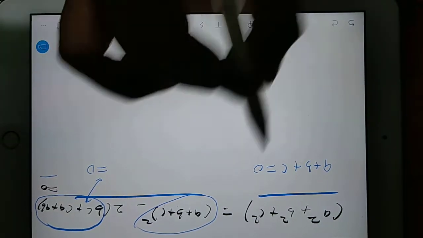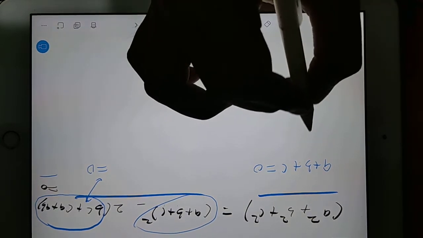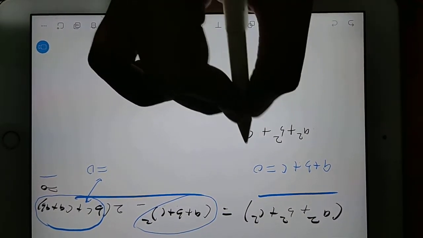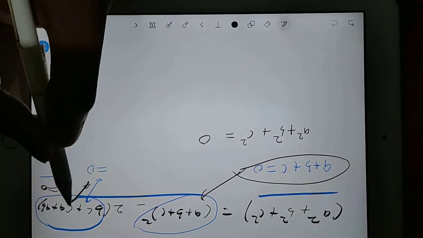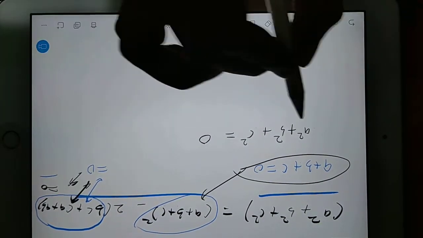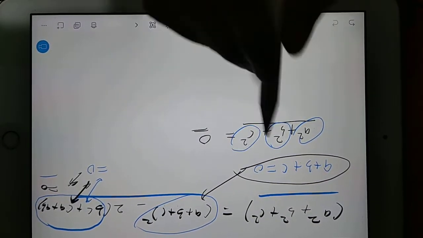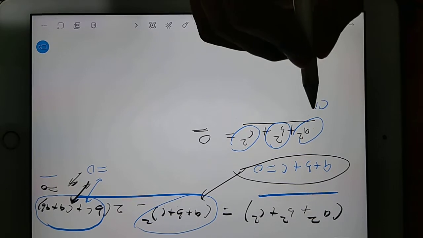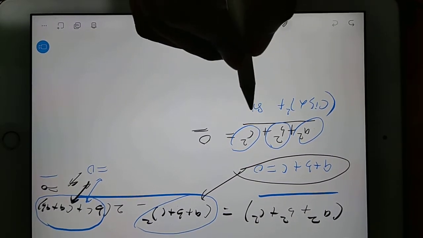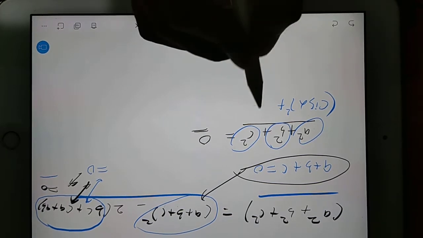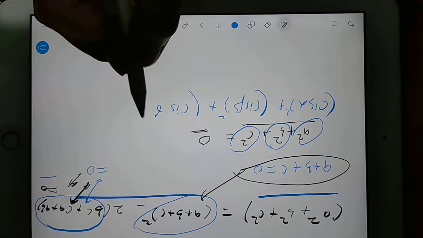So finally, where we are approaching, this a square plus b square plus c square term is coming finally 0, because this part is 0 already. This part I am saying, when you solve, it will come 0. So a square plus b square plus c square is coming as 0. Substitute the a value, b value and c value here. So it will be (cis alpha) whole square plus (cis beta) whole square plus (cis gamma) whole square.